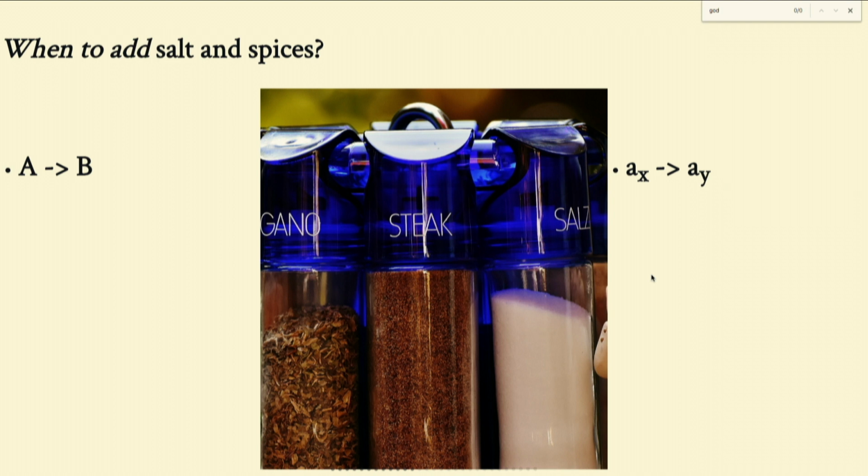That was a spice animation. The next example is a salt animation. In this case, we have one piece of the data set A, and all it's doing is changing values. It's changing an attribute, for example. This is a salt animation because we want to maintain the user's focus on that element and show the continuity.